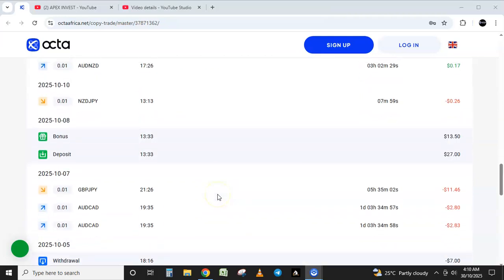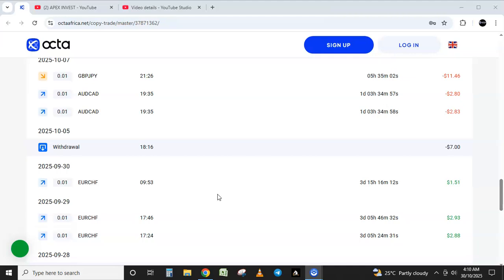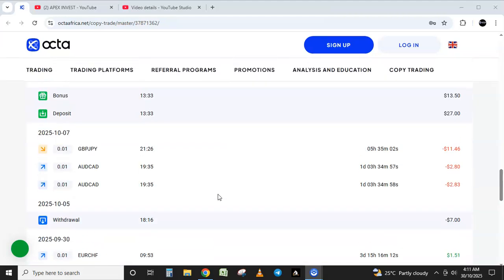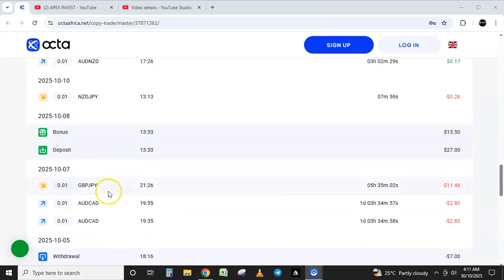So going into the week, going into the month, from a macroeconomic point of view, these two trades had a breach from the broker. A false data was fed to us, so there was a breach from the broker. It made us have these two negative trades, but we came back.